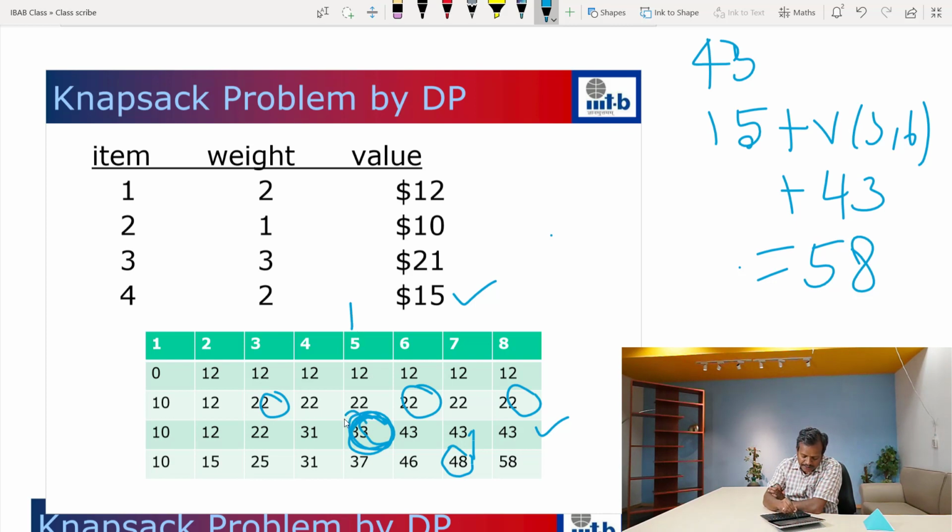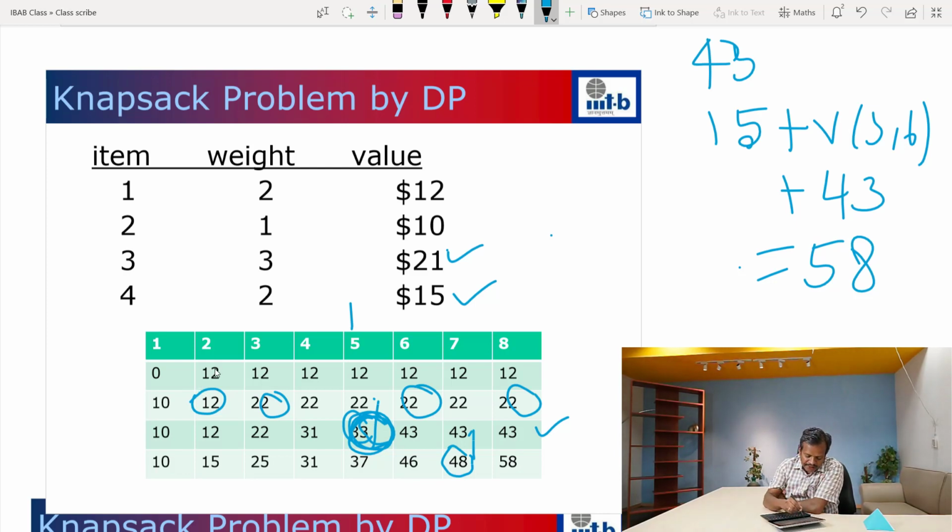The value that I am looking at is 33, and 33 is again not equal to 22. So that means that I have picked the third item as well. The weight of the third item is 3, so in the next iteration I have to go back 5 minus 3, which is 2. So we have to go to the entry which is 12 here, where I am allowed to use only the first two items. Every time, i will be decremented, and j will be decreased to j minus the weight of the ith item, depending on whether you pick the item or not.